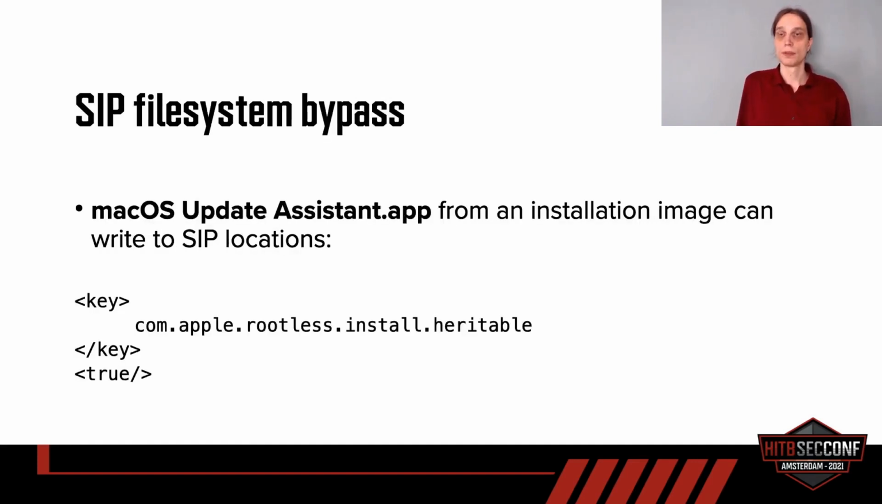Finally, to bypass SIP file system restrictions, we found an application included in the macOS Big Sur beta disk image, which has a very powerful entitlement. This is the rootless install heritable. This means that it is exempt from any file system restrictions, and also that it is a heritable entitlement, which means any subprocess it starts also has this entitlement, which means that it can write to any location which is protected by SIP,